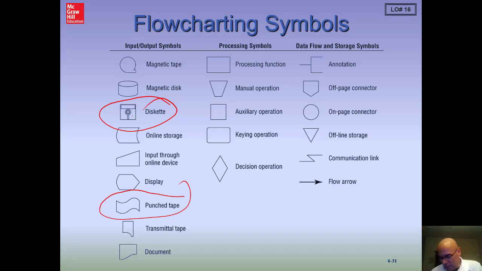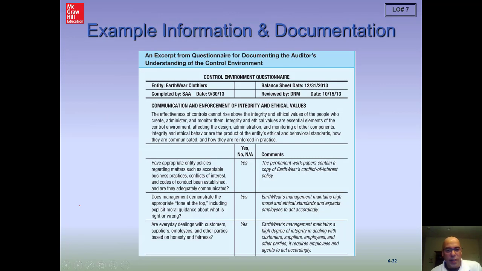Internal control questionnaire, you can see here, yes is good, no is bad. Okay, so you're just going to be asking a series of questions about whether or not the client has certain controls, and you're looking for yeses to those. If you see a no, that indicates a weakness in the internal control, and there'd be an expectation that we would have looked for a compensating control on that, or done some substantive testing to the maximum extent to address that weakness in the internal control.